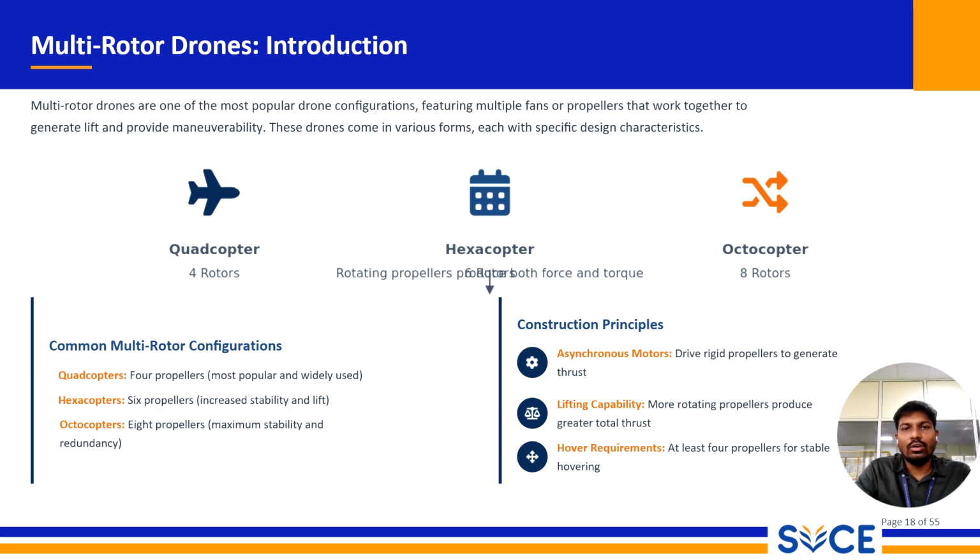At the top end of the common configurations is the octocopter, which has eight propellers. The design offers absolute maximum wind stability and lifting power. The incredibly stable flight characteristics make the performance